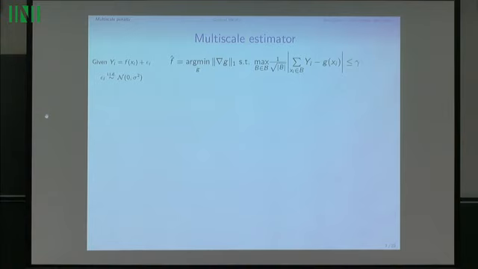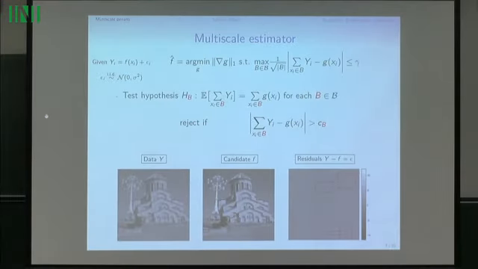Now what I want to give you is yet another, maybe more statistical interpretation of this multiscale constraint, which maybe you already heard about. Also in the literature there was this underlying idea, which is that, in the case of Gaussian noise, this turns out to be a sort of combination of hypothesis testing problems, in the sense that if you get yourself a candidate function g, and you want to match in each of these local boxes b whether your observations are compatible with this candidate function, so you want to test this hypothesis, your observations in the cube b